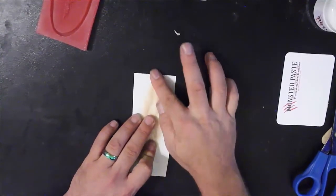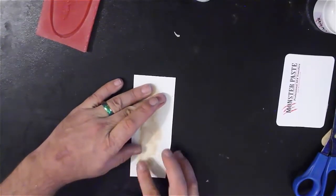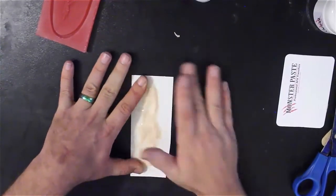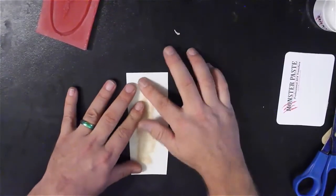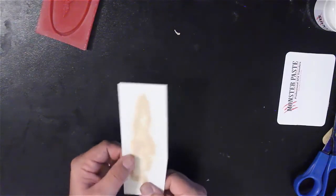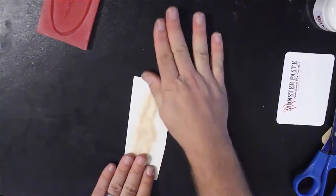And then I'm going to press down the sides so it all sticks on it. You want it to be just like a temporary tattoo transfer, so you want to have all the pieces on there as good as you can. Alright? Once you have that pressed in, and it's on there,